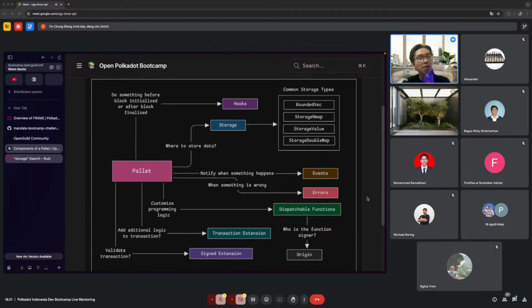In the pallet, you have storage, which is going to be one of the key things in the pallet. Whenever you program your own pallet, you have to define a new storage. It's optional, but most of the time you're going to have to use the storage. So it's quite important in pallet programming. So what is the storage? It's basically for when you want to store the data.